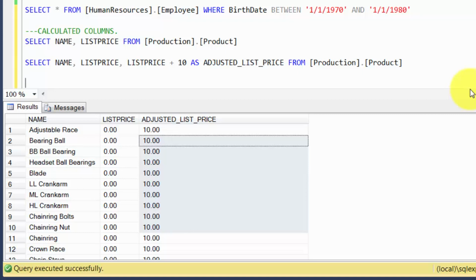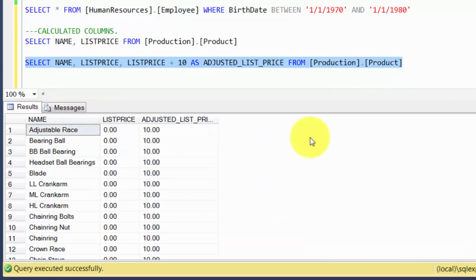Here we are going to take a slightly different approach. Okay, what I want is, this statement, which I have highlighted, just displays the result, right? It's not stored anywhere. What I want is actually to store this in a separate table. So how do I do that?